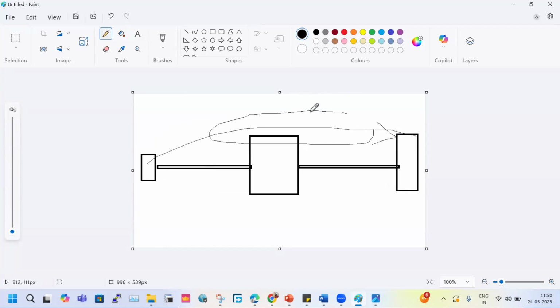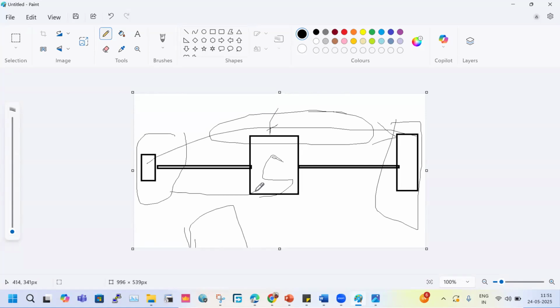Whenever the first connection is established, the slow path will be used, because the firewall will check its session table, whether this source hitting this destination has any session in the session table or not. If it doesn't have any session, then it will be considered a new connection, and for a new connection it will take the slow path. And if the source IP and destination IP match in the session table, it will be considered an existing session. For an existing session, it will take the fast path.